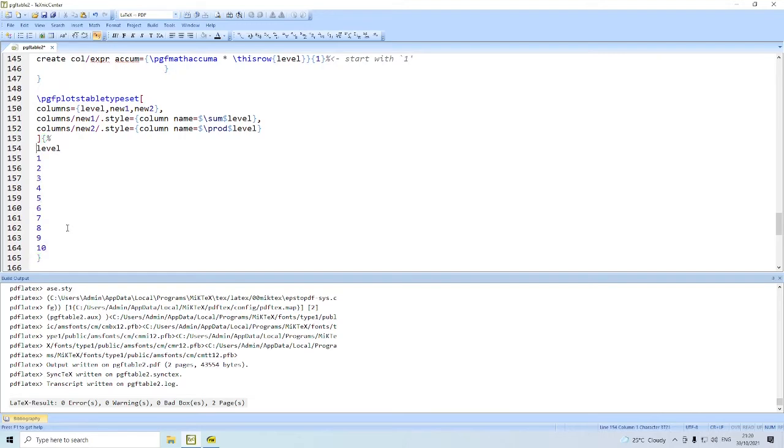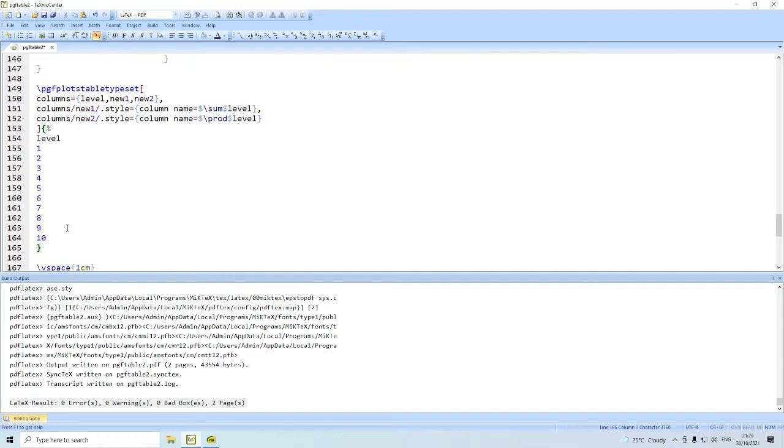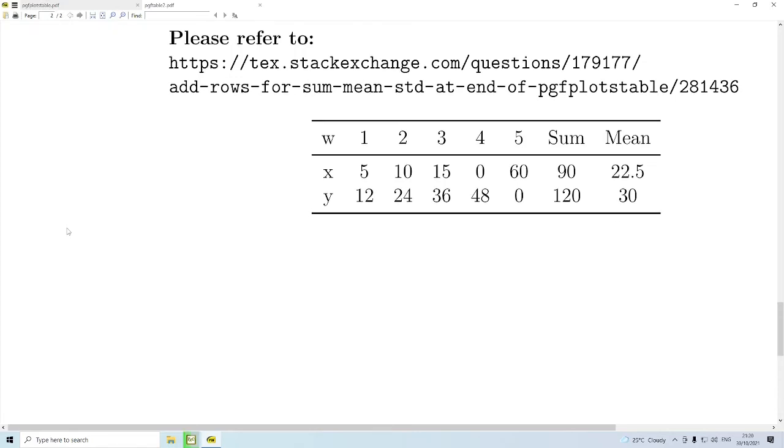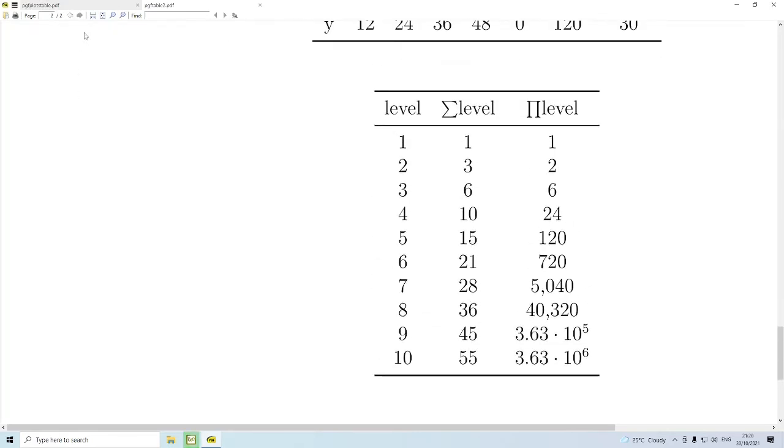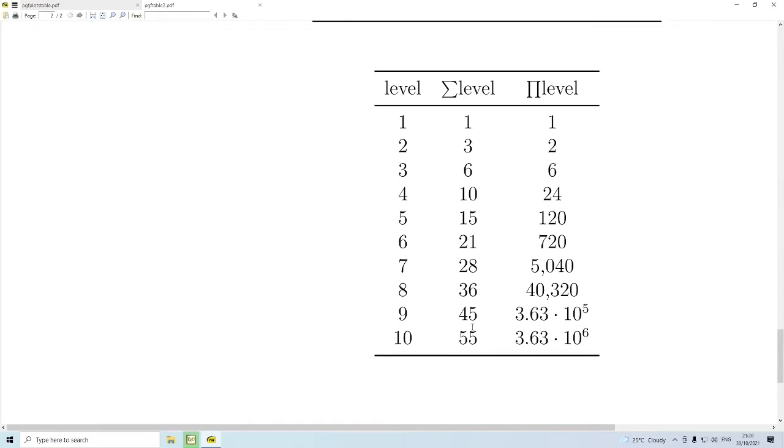First row is level, and then the second row 1, 2, 3, etc. up to 10. On compilation, you will find level is what we have given, and this is a sum that we have found out, and this is a product that we have found out.